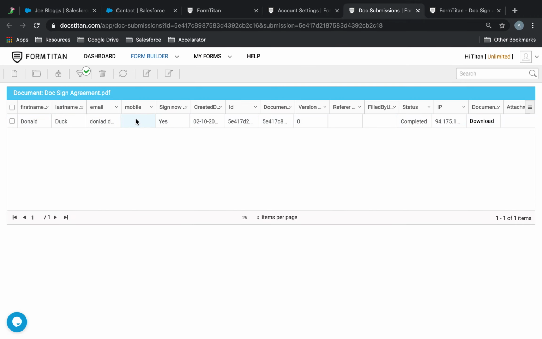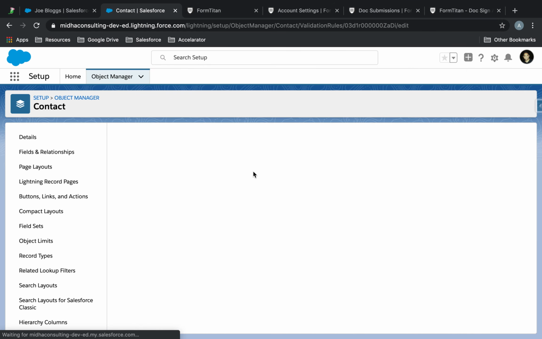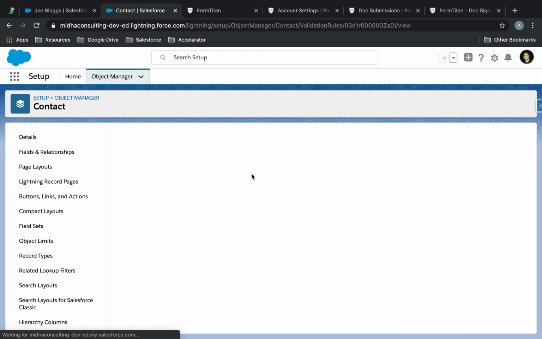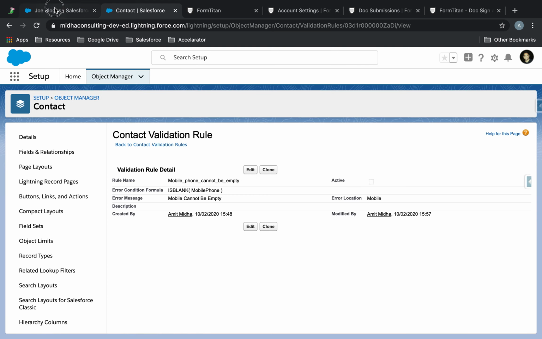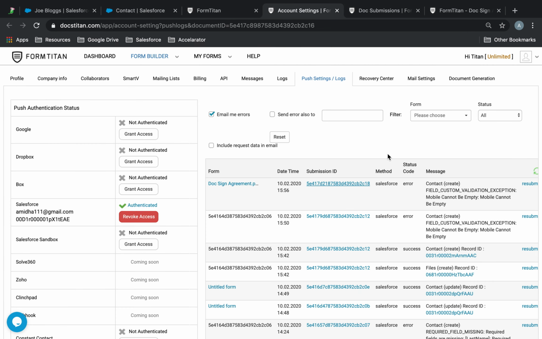because there's mobile missing. Now I can't really modify this, because if I modify this, it kind of means that I'm amending the contract, so the contract will be voided. So how do you get around this? Well, what you need to do in this case is go to your validation rule, deactivate it, save, and after you've done that, you need to go back into the integration log, click on the submission ID